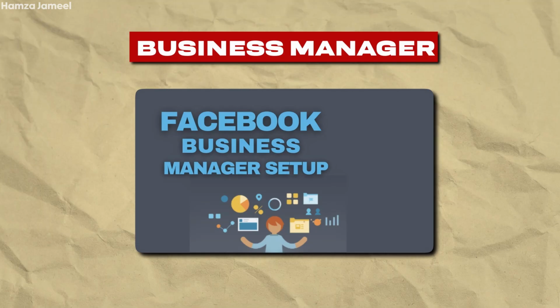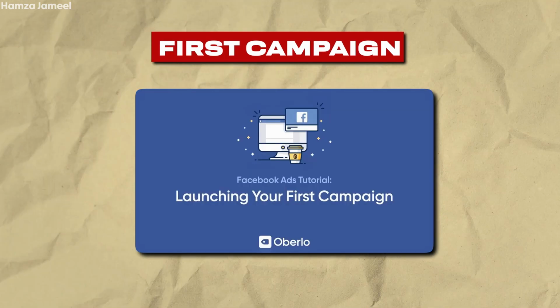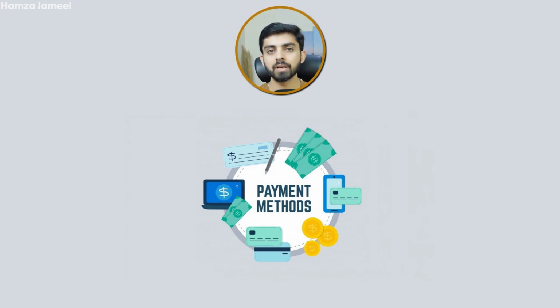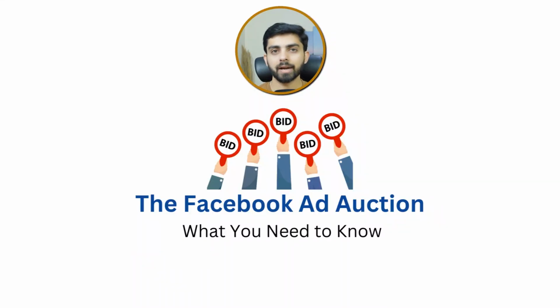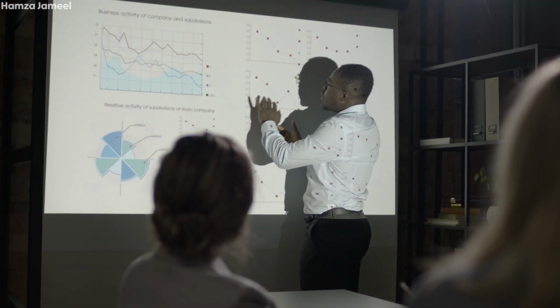multiple topics in detail. For example, if we talk about setting up your Business Manager, Ad Manager, and creating your first campaign, in this outline we will cover adding payment at different levels, the secret of campaign objectives and all campaign objectives, and the Facebook ad auction. So after this course, the skills that you will develop are